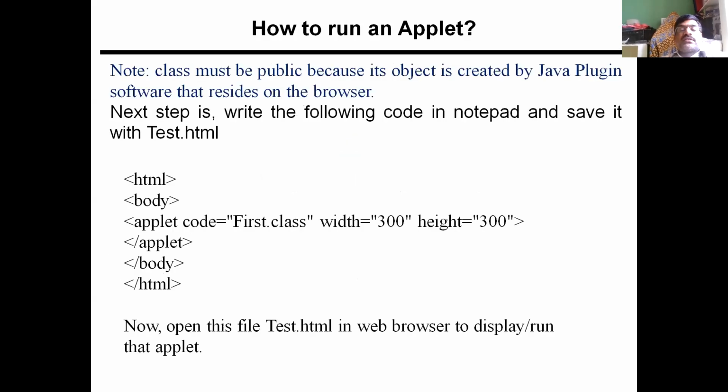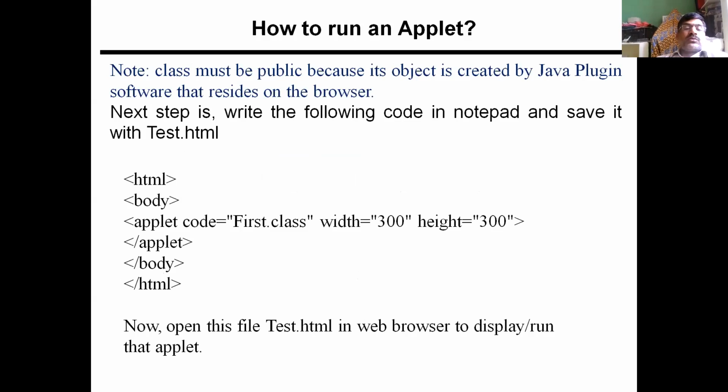The next step is to again open Notepad and type the following HTML tags: the HTML tag, the body tag, then the applet tag. This applet tag will have three attributes: code, width, and height.